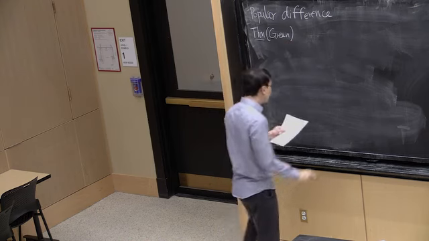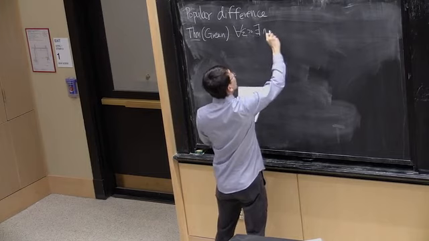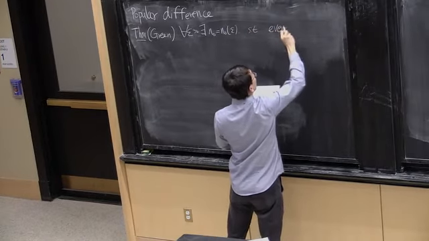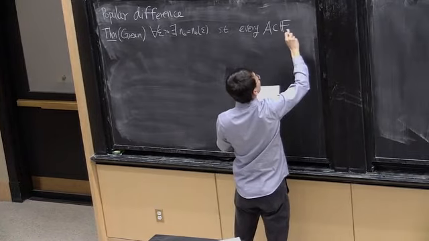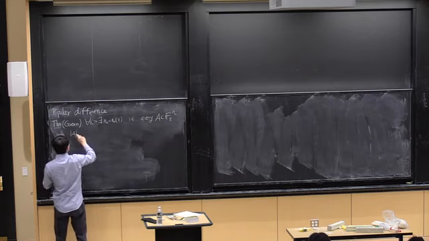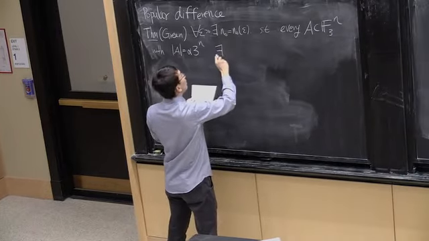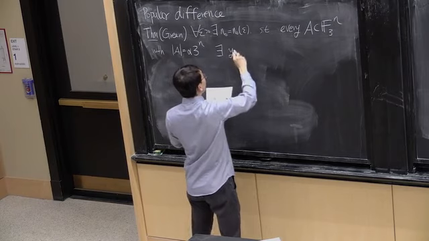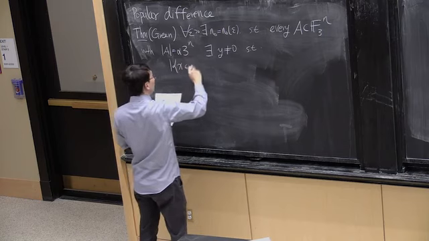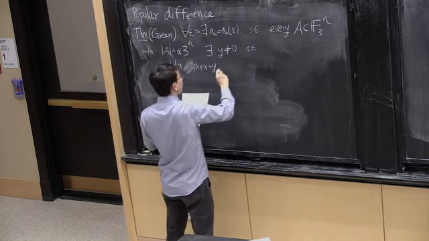It was proved by Ben Green that for every epsilon, there exists some n naught such that every A, a subset of F3 to the n with density alpha, there exists some non-zero y such that the number of 3APs with common difference y